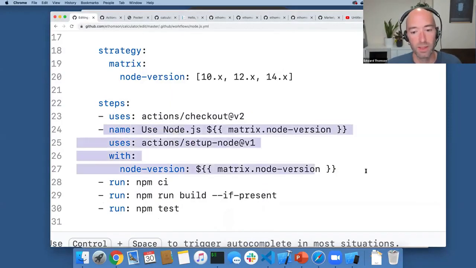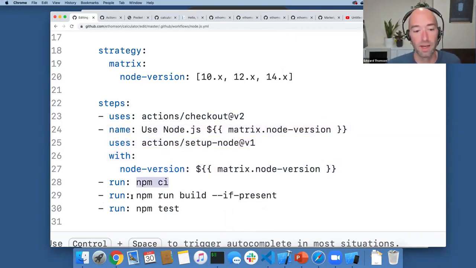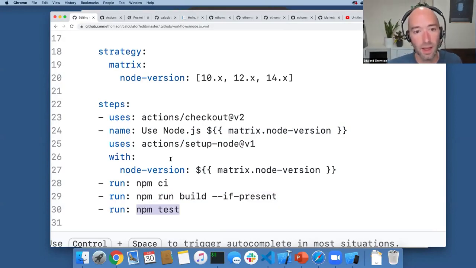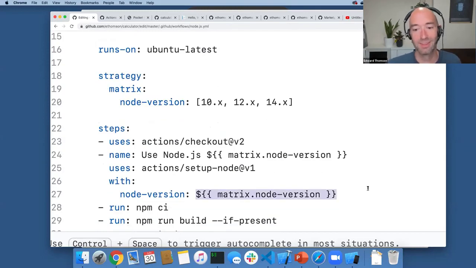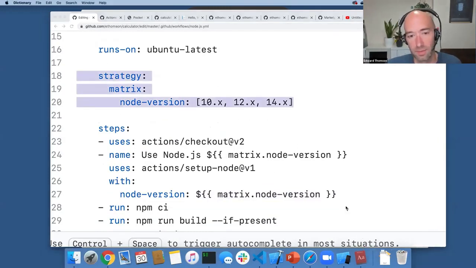So after that, we're going to set up the version of node that you want. So we're going to put node and npm in the path at the version that you request. Then we're going to run npm ci to restore our dependencies, npm run build if there is in fact a build step, and then npm test. So we're going to build everything, test everything, and we're going to do it on this version of node. Well, actually that's a variable, isn't it? So this is my favorite part of GitHub Actions, our